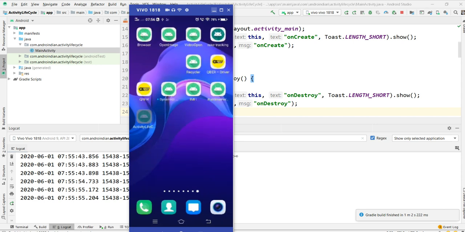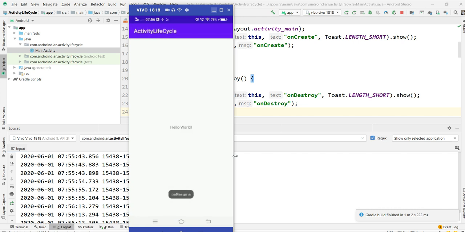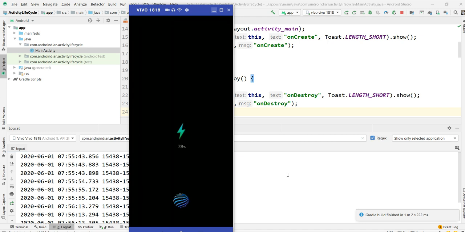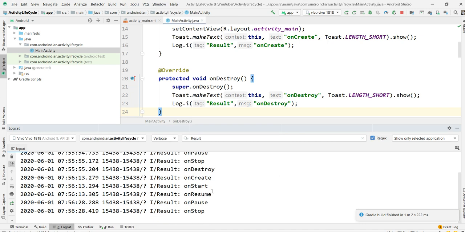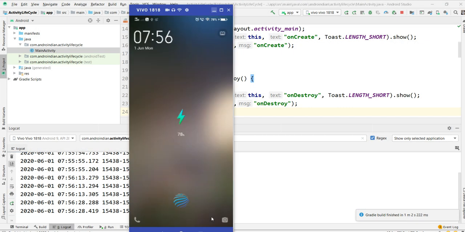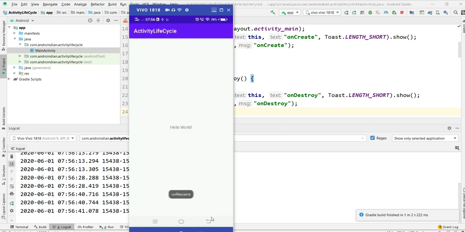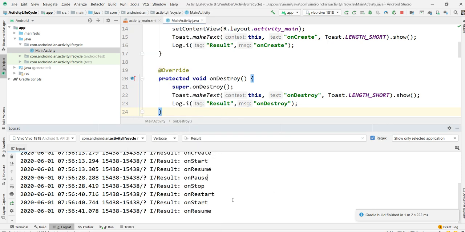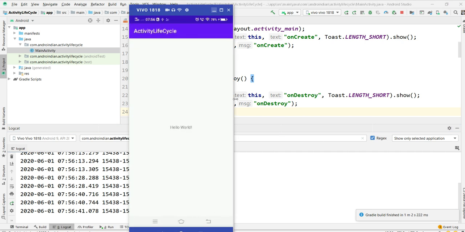Here, activity life cycle, I'm opening the same one. It calls onCreate, onStart, onResume. Now I want some disturbance. I cannot show a call and message here because my phone already has it. Now I just unlocked. If it is locked, it goes to onResume, onPause, onStop. Now I'm unlocking my device. Once I unlock it, it goes to onRestart, onStart, and onResume. If I leave the phone like this, whenever it locks, again it goes through the same steps. These are the steps that happen.